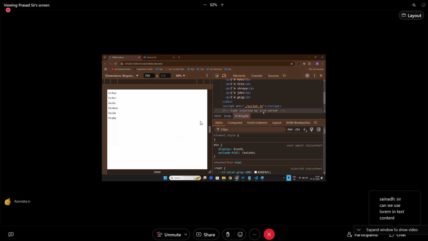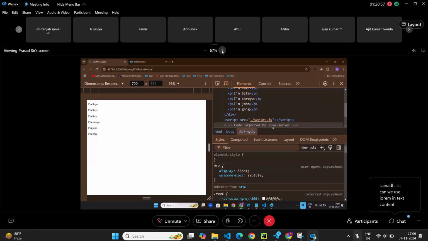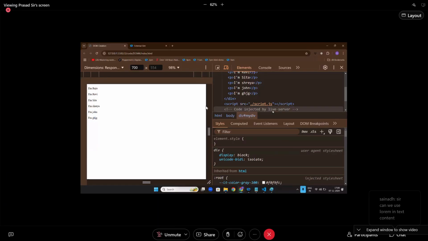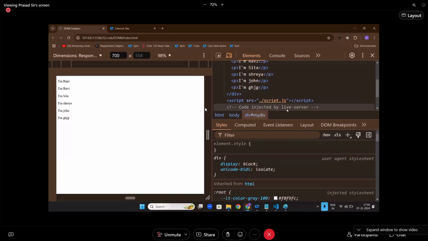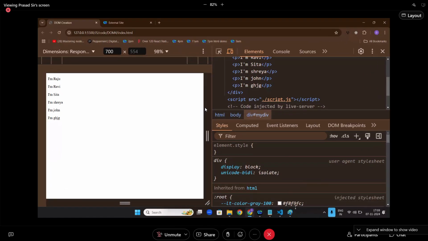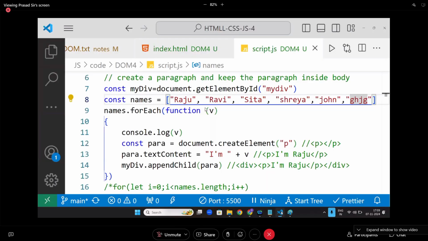Now, can we use lorem in the text content? Understand? In text content, whatever you use is static. If you use lorem, it will not use the shortcut because lorem is not HTML. Lorem is a VS Code shortcut. If you put lorem, it will print lorem only, not the whole paragraph. Lorem is not an HTML concept. Any doubts here? No doubts? Now,